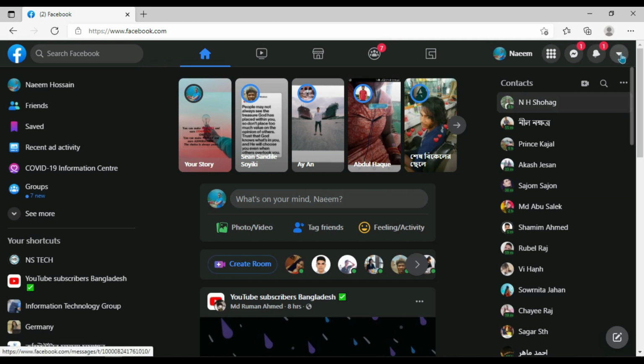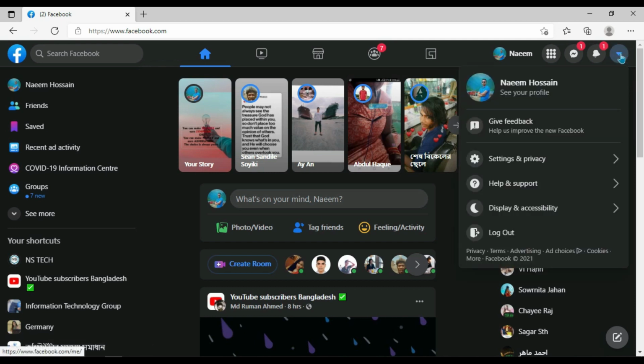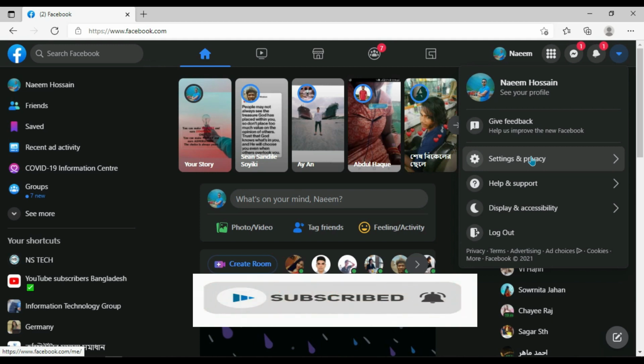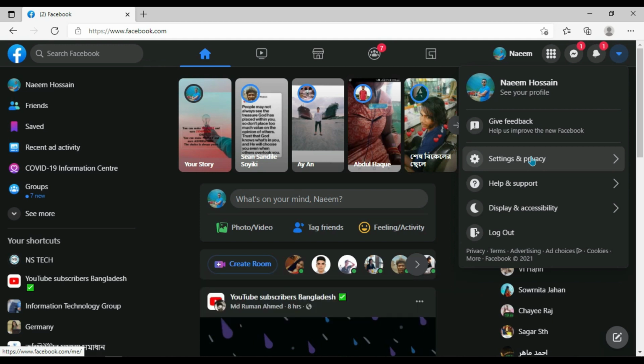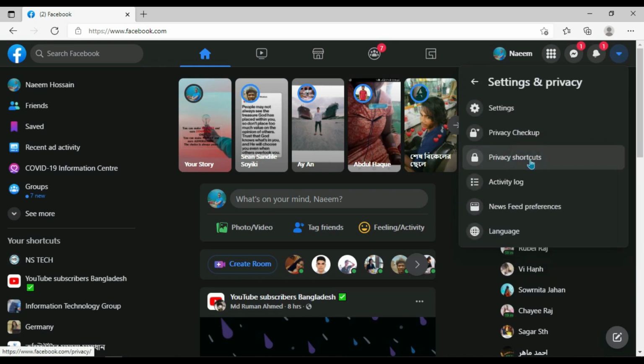Then you click on account, look for settings and privacy. Every server is bringing in upcoming policies for two-step verification because hackers are hacking other sites' accounts, so all servers create this policy, just like Facebook is creating two-step verification policies upcoming on 28 October. So click on settings and privacy, then click on settings.